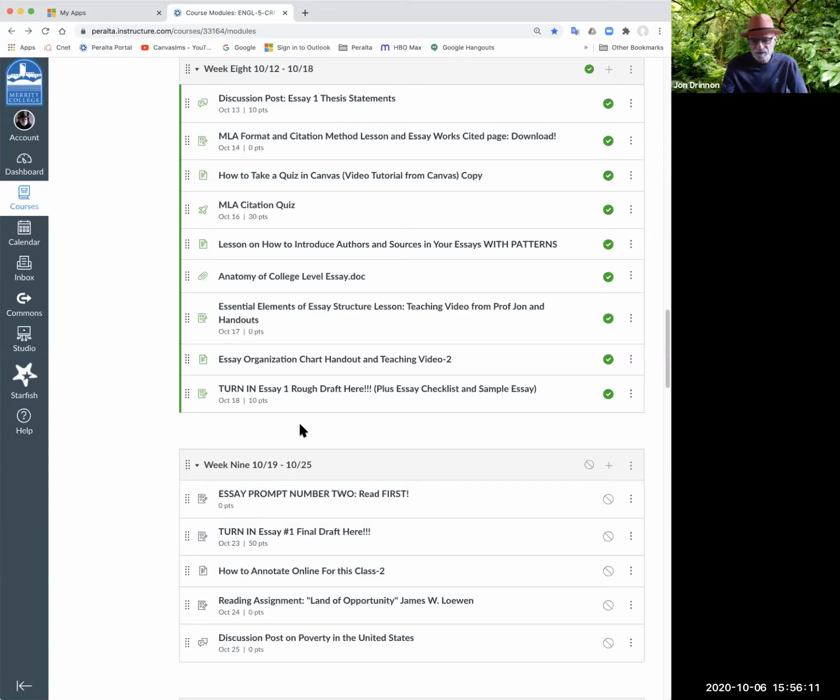I want you to learn this particular element, because writing these kinds of essays is extremely important for you to be successful, especially if you transfer to a four-year college. If some of you are going to be in nursing or radio technology or something like that, it's not as important that you learn how to write this type of essay. But anybody who's going on to a four-year school, you've got to learn how to write these essays. Very important.